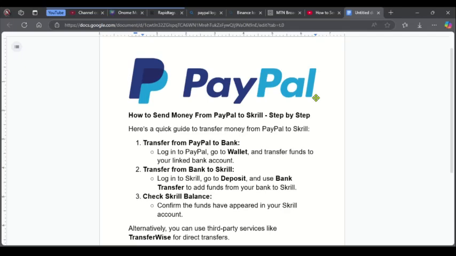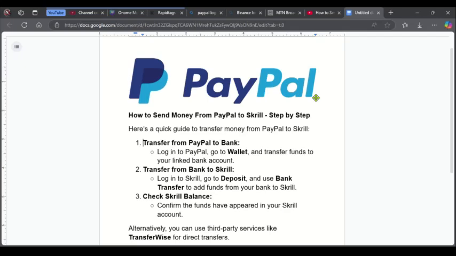Now, one thing you have to know about PayPal is that it's an online banking mobile app. So before it can work to its full manifestation, it also needs to be supported by a local bank linked to it. So now, once you've done that, now transfer from that bank which is linked to your PayPal